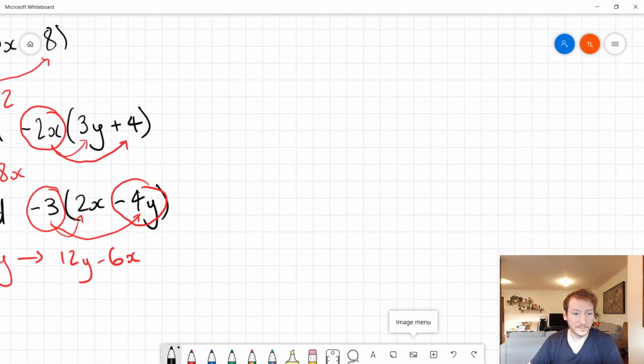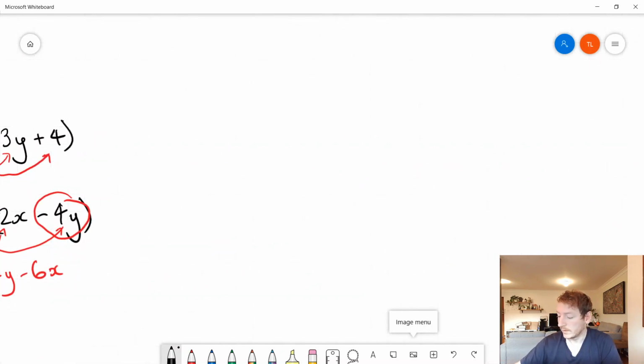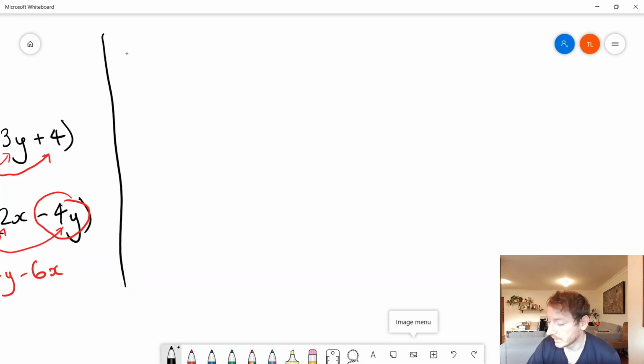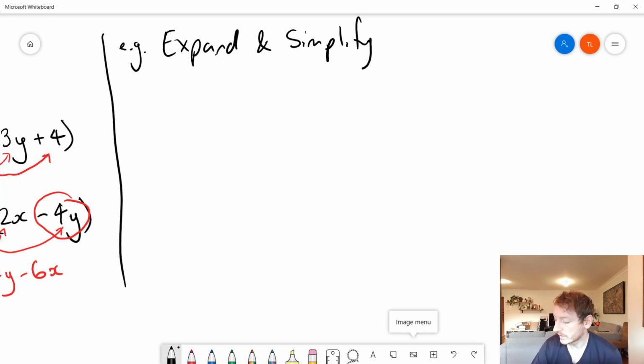I'm going to move over a bit. Let's do this one. Expand and simplify. We'll just do 2 questions on this and then you can get started. So for question A, let's have 3, actually I'll make it 3(2x + 2